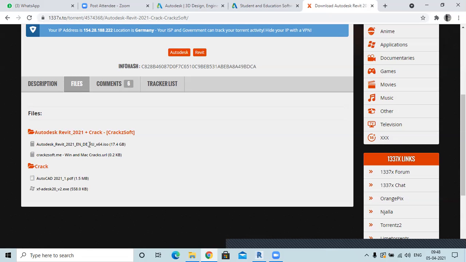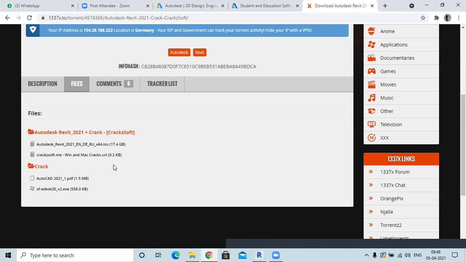When you download this, you will get this 2021 crack PDF. It will have a lot of instructions which you have to follow. For example, you have to close the firewalls, turn off the internet, and turn off the virus protection for now, because this keygen works only that way. And after installing Revit, there will be some small steps to license or crack it. If that doesn't work, I'll show you what to do.